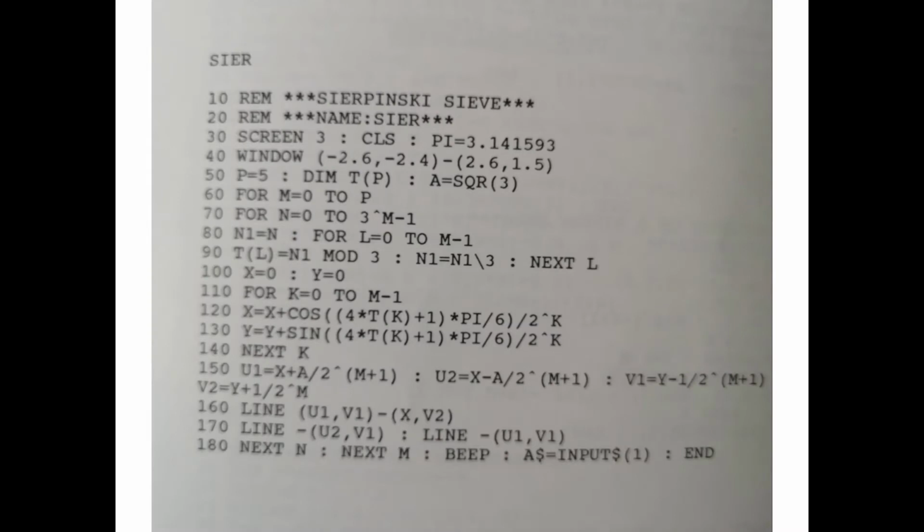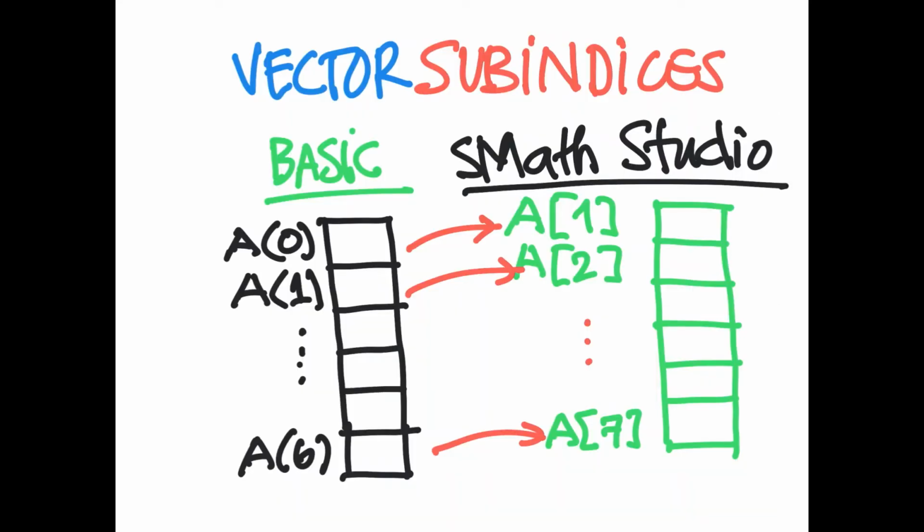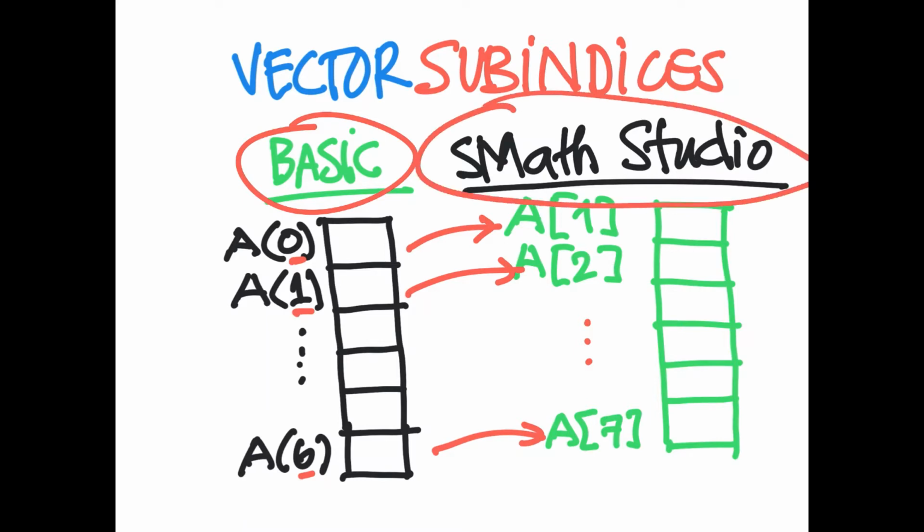The main problem may be when you have to use subindices, like in this case. Actually, the statement is all this one, because the vectors in BASIC started with subindex 0 and went on to, for example, this one had 7 elements from 0 to 6, whereas the equivalent vectors in SMAS Studio will start with subindex 1 to 7. And so it makes things a little bit difficult to translate when you have to use subindices and the subindices are based